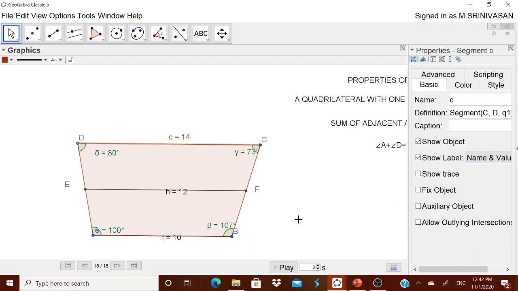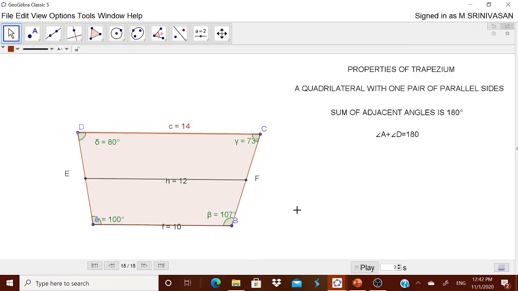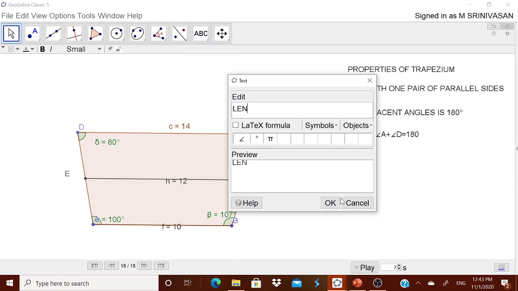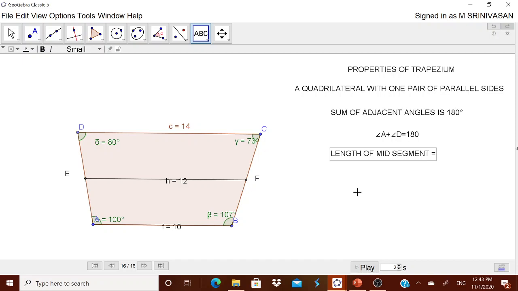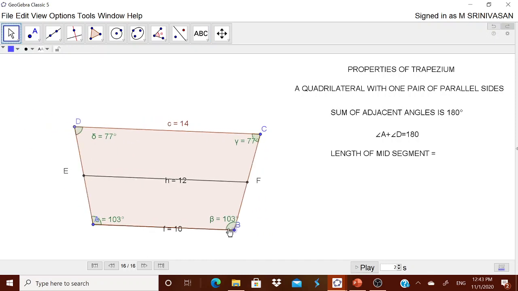Now you ask the children to check what is the speciality of this H and A and C. Now they have to add it and then divide it by 2. That is the meaning of the mid segment. Therefore you can tell what is the length of the mid segment. I am leaving it to you. Now you ask the children: what is the length of the mid segment? It is half of AB plus CD. The child will tell, and they will try to explore it by pulling, pushing and all.